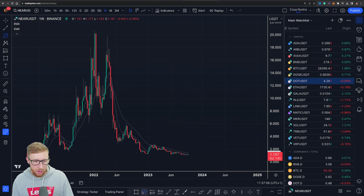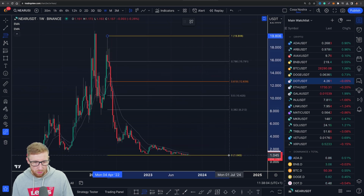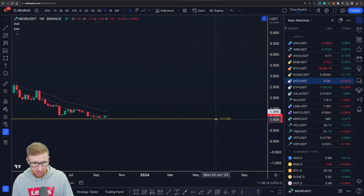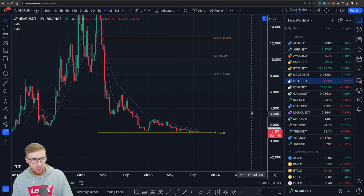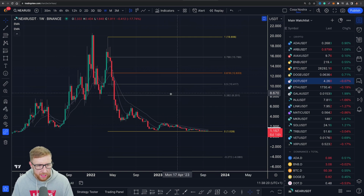Now, what I want to do first is look at the psychological levels from this high here to this low, roughly around here. Let me just zoom in to make sure I got it near enough bang on. Now, when we talk about levels of significance, Fibonacci is a good starting point, but so is structure, right? So we've got our reference point, but we've got to look at stuff like this, for example,